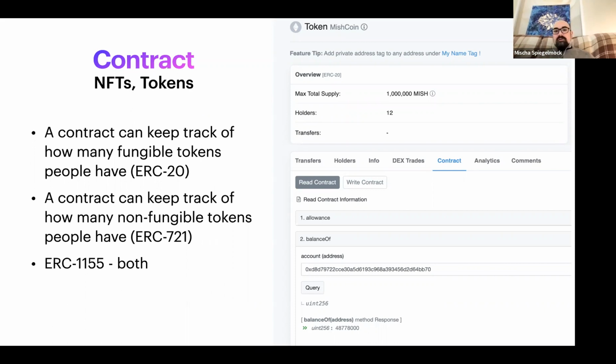And then there's a new standard called ERC 1155, and this kind of combines both of them into one. So you can have one contract that gives out tokens and keeps track of NFTs. And I think the kind of initial use for this is going to be video games, where you have some in-game currency and you have some sort of items that you collect that are distinct. Each item is distinct, and so that would be an NFT and a token. And I think the idea is to kind of make these portable, perhaps between games. We'll see.